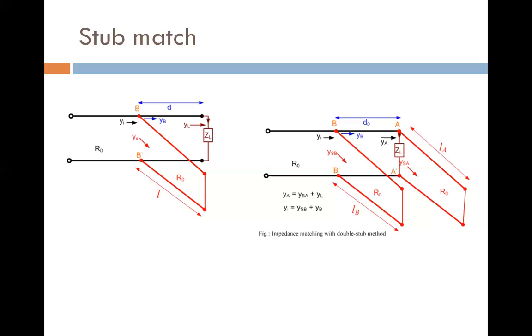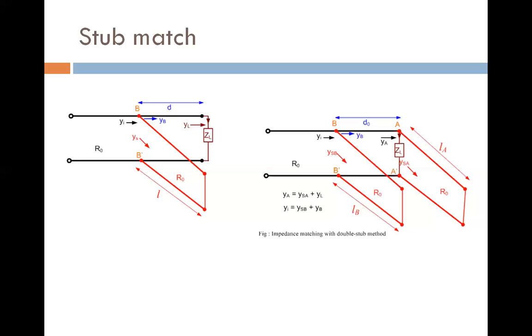Next one is the double stub method. Here we use two stubs of transmission line. First of all, we calculate the admittance, impedance, susceptance. So the first question is, how do we calculate those values? Using the Smith chart, we can calculate the admittance, susceptance, impedance. After that, we calculate the length of the stub and the location of the stub. After we take the final decision, we can put the stub at a particular location. So reflection we can easily remove.